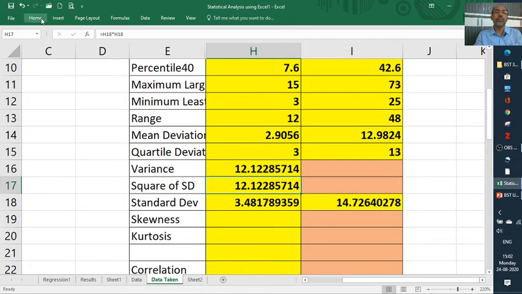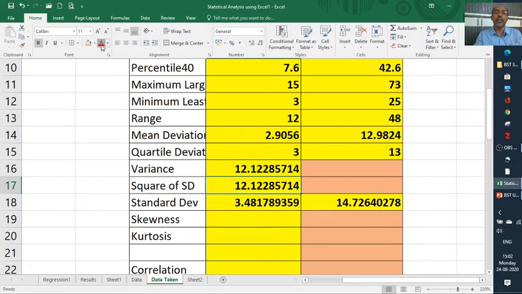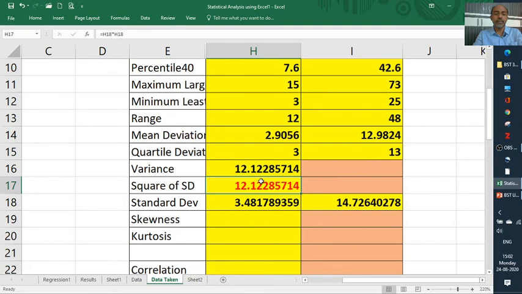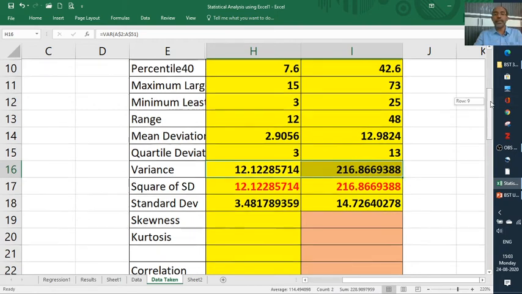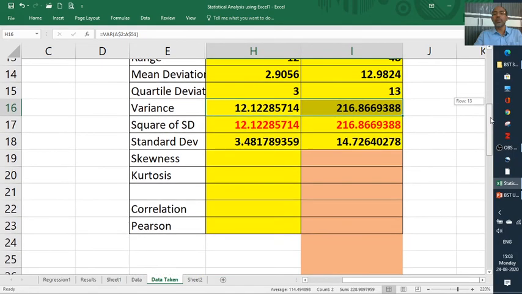So you can find the same. I'm putting the red color so that you can easily understand. This is calculated as multiplication of standard deviation. Okay, the same we will calculate for the second variable, that is 216.86. So we calculate variance for the second variable. Is it the same? Yes, standard deviation square and variance are both the same.